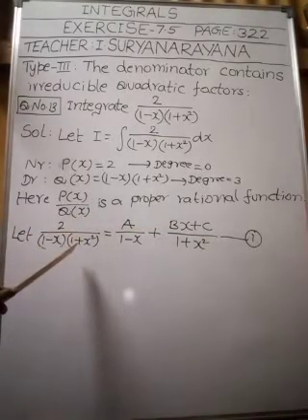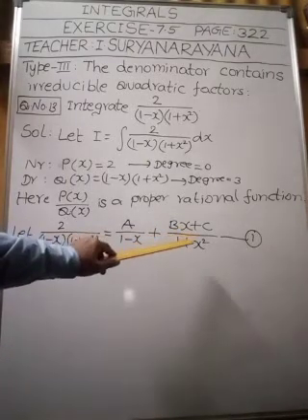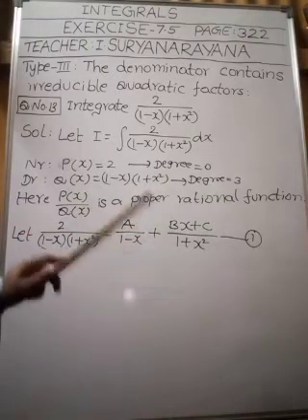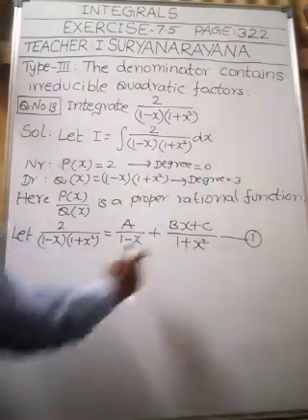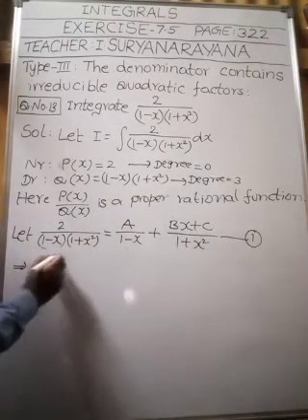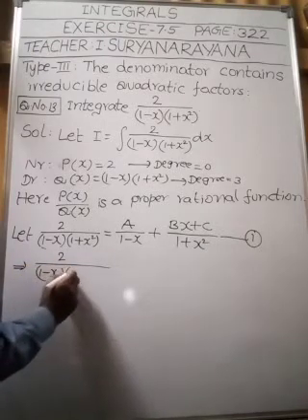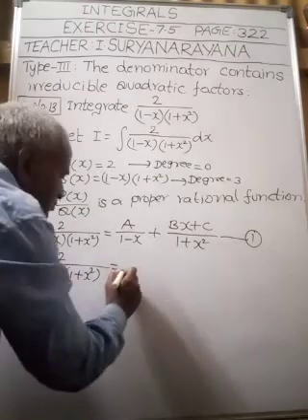Writing the partial fractions to a proper rational function. This is the important step. Now, hereafter we follow the previous method to find the a value, b value. We have to take an LCM. This implies 2 by (1 minus x) into (1 plus x square) is equal to,